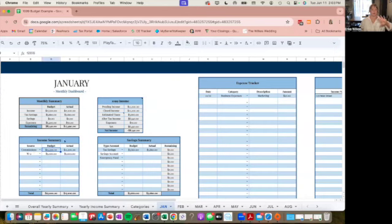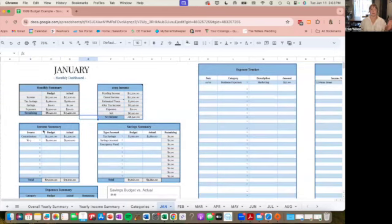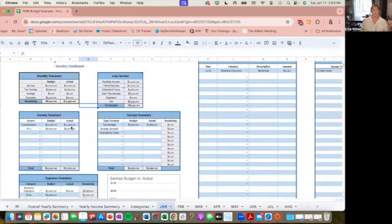So let's say I'm going to my budget. You're going to want to start in your income. So how much income are you anticipating this month? Obviously, if you're budgeting at the beginning of the month, you're not going to have your actual numbers in there. So let's say it's the beginning of the month and we are just going to say, I know I